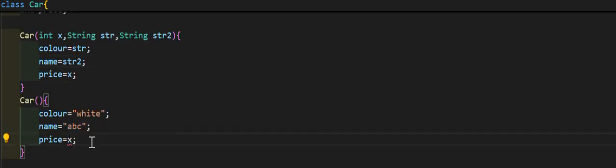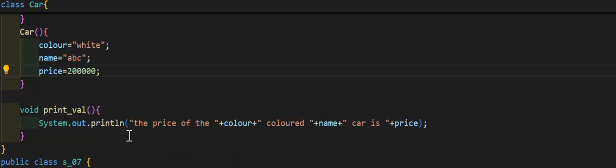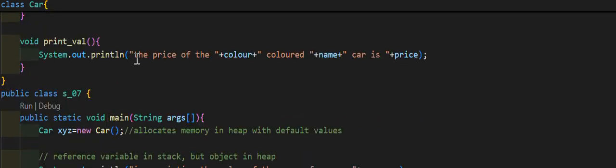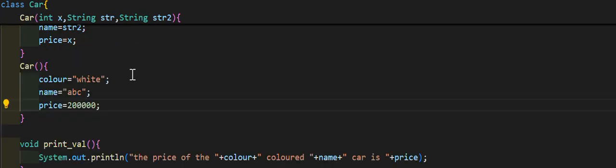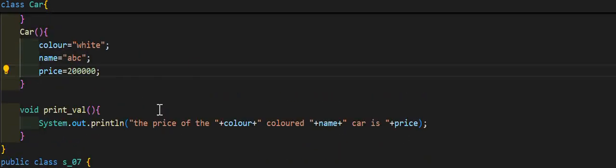Why have I written X here? Oh sorry, this should be a default value. Yeah, so I have created the default constructor right here, and now the red line disappears because now it will not throw an error, because what we said earlier, if we create a parameterized constructor and then we try to call the default constructor from the main method, it will simply throw an error. In that case, we have to create our own default constructor, and Java will not create a default constructor in that case if we have already created a parameterized constructor.